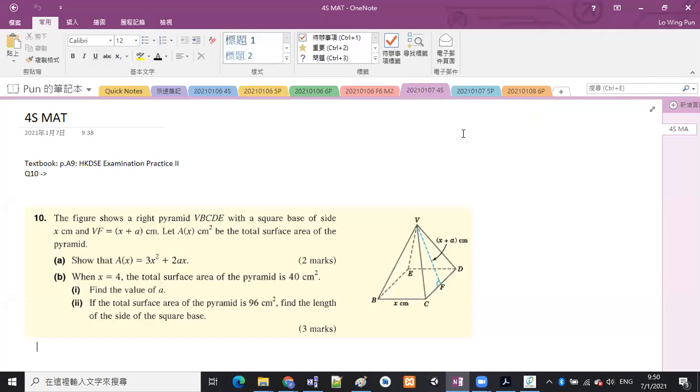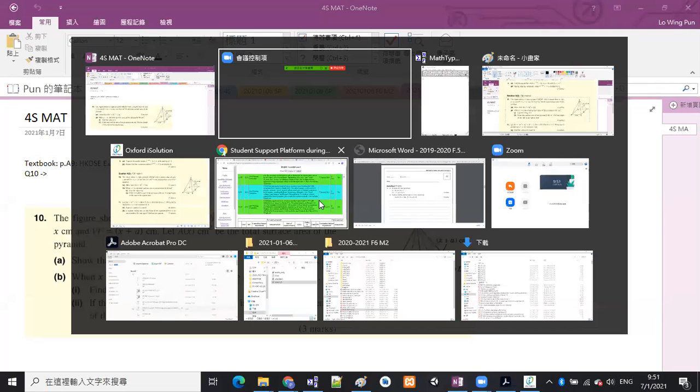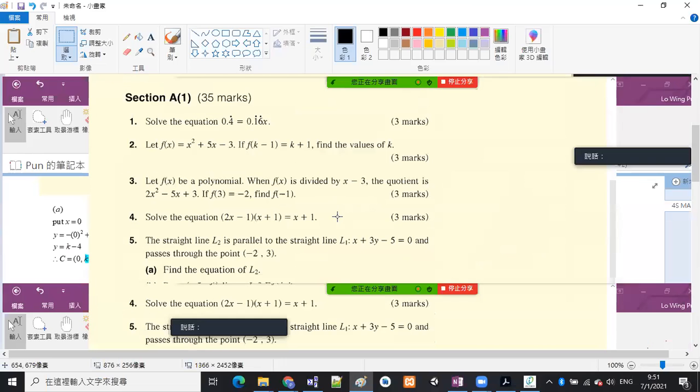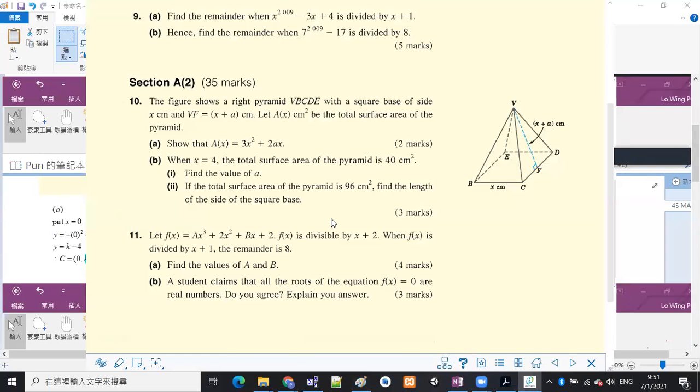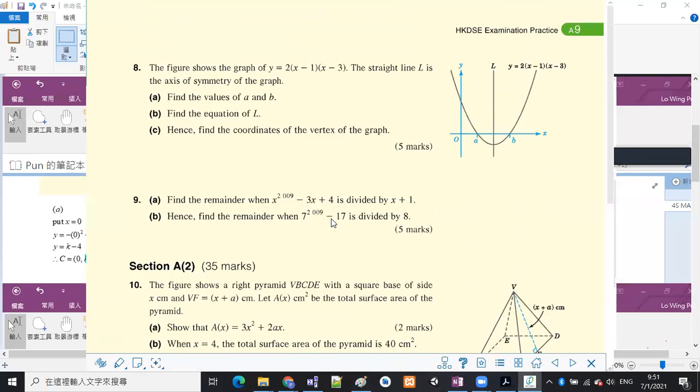So we will continue to talk about the examination practice 2, okay, at the end of your textbook. That is on page A9. So yesterday we have finished talking from question number 1 to number 8. Okay, and number 9 is actually from chapter 6, at the later part of chapter 6 that we did not cover yet. Okay, so